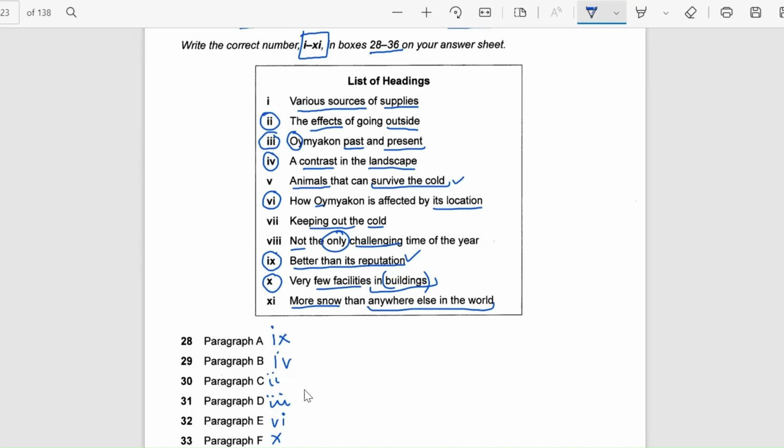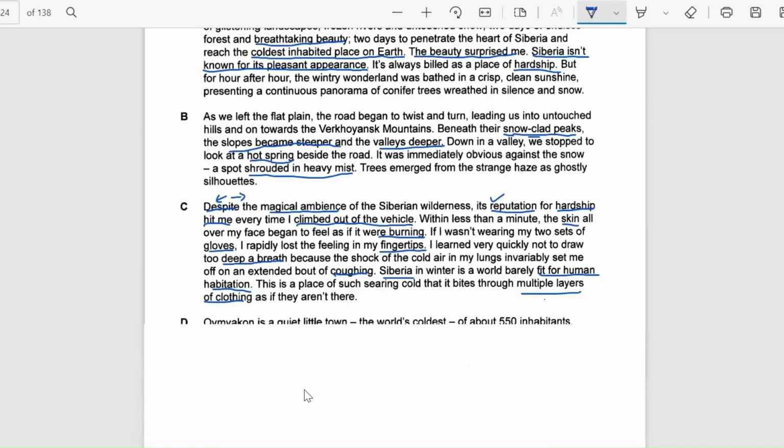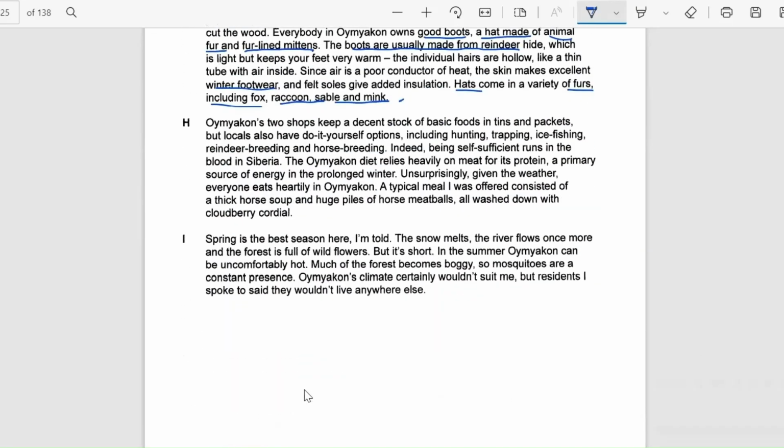This paragraph, the main idea is how people protect themselves from cold. And they have written in the paragraph that they use the skin, the hide or the fur of particular animals to prevent the cold. And that is why prevention of the cold or keeping out the cold is going to be an appropriate choice to make here. Let's move to H, and then we have one more to go.